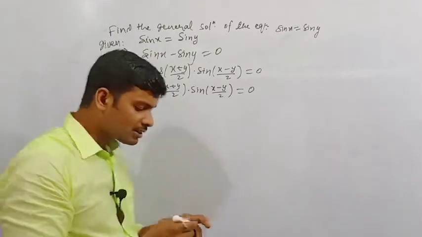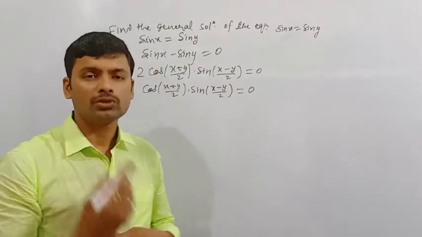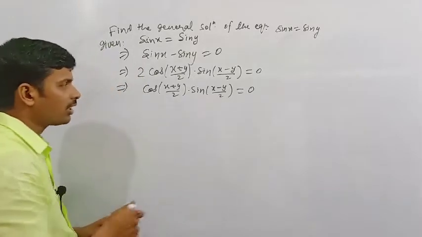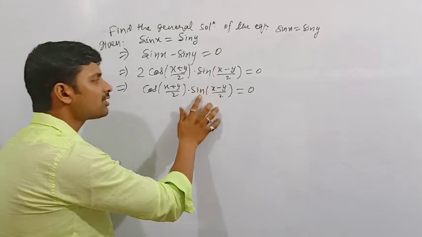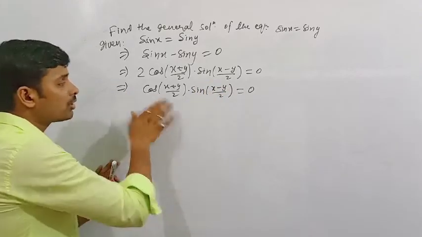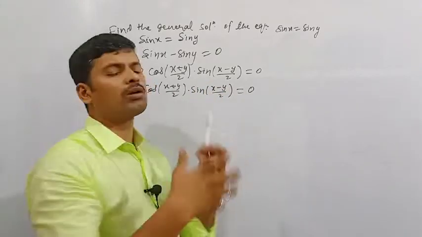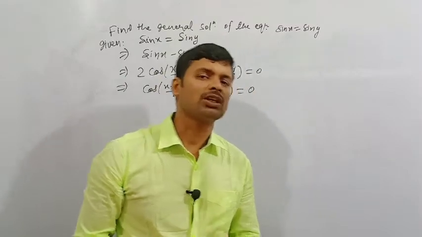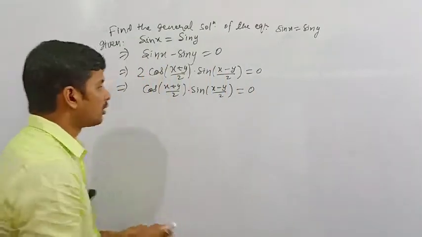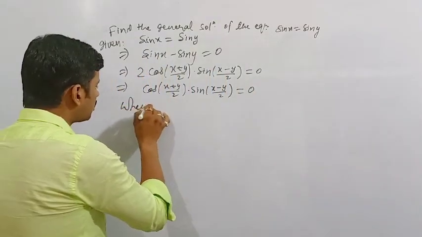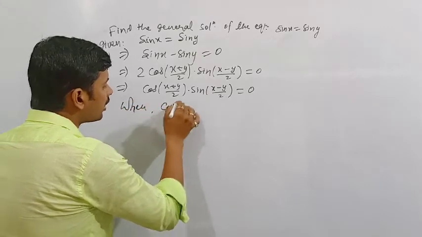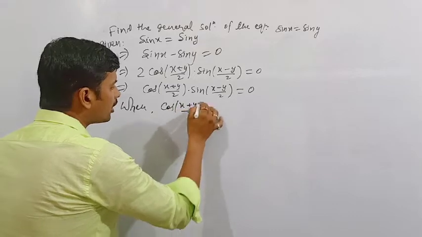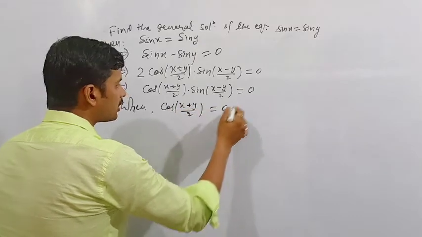Okay. Now what is in our LHS? In our LHS we have the product of two different numbers. One number is cos (x plus y) by 2 and the other one is sin (x minus y) by 2. So we know that if the product of two or more numbers is equal to 0, then either of them will be 0. According to this concept, when cos (x plus y) by 2 is equal to 0, then